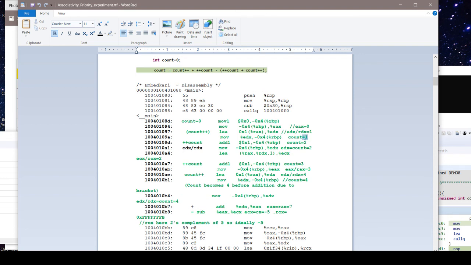At this moment count becomes 1, then pre-increment, so count becomes 2, and again it will load it, and then count becomes 3, and finally 4, and then after the 4 these will be added, and it will become 7, and then finally that 2 will be subtracted. So this is the way for that particular question.